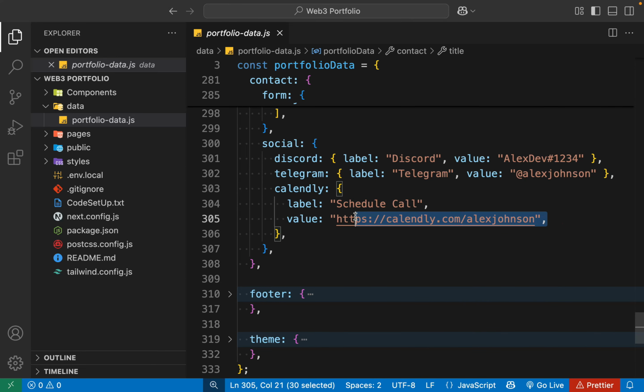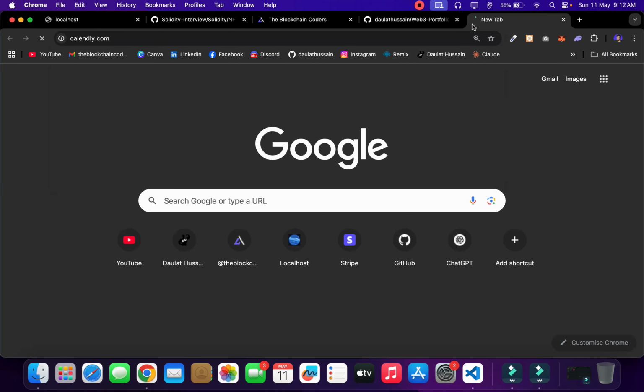And here you have to provide the link of Calendly. So it's a very powerful platform which allows you to simply create an online booking platform. So you can simply go to their website, copy this one, open a new tab, and paste it. Calendly is a